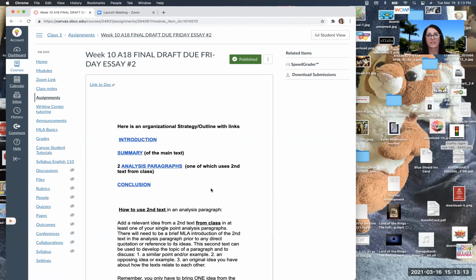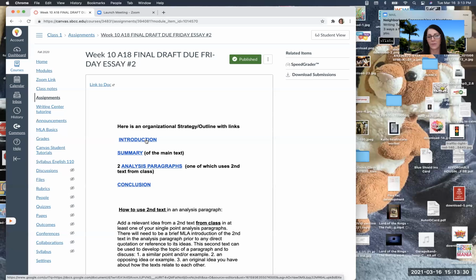It doesn't discuss the text. It's just your own kind of fun way of getting us involved in the topic. And you have to kind of know where you're going and make it interesting, and look at all the examples and the description. So if you click on introduction, it'll give you information about how to write an introduction, which you've practiced, and most of you have a pretty good idea at this point.